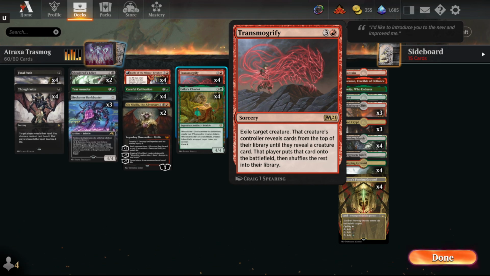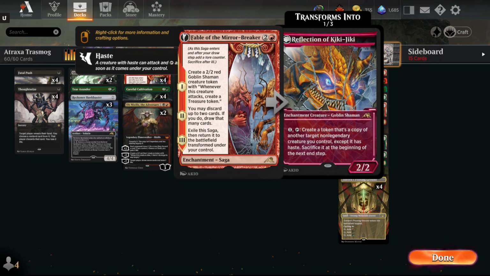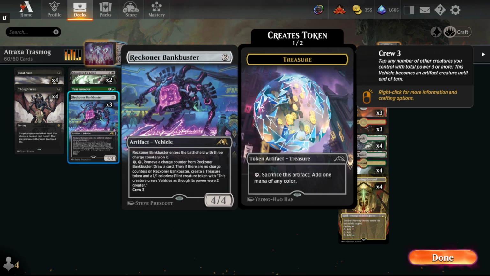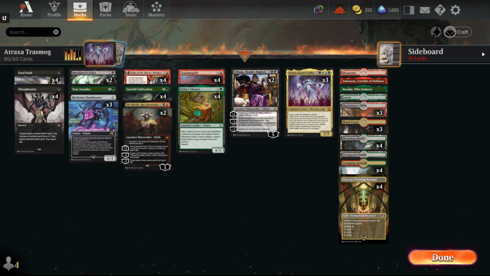This deck's been around in the past, where you tried to get Titan of Industry out, and then you could make copies with it. So that's one of the ways. The thing is, Titan could be cast in those decks. This deck really is only going to be making treasures with Fable the Mirror Breaker or Bankbuster. So it's a little bit more limited in terms of being able to necessarily hard cast the Atraxa in this